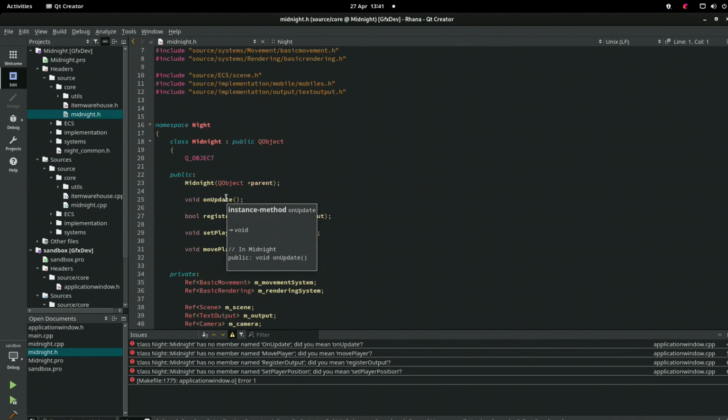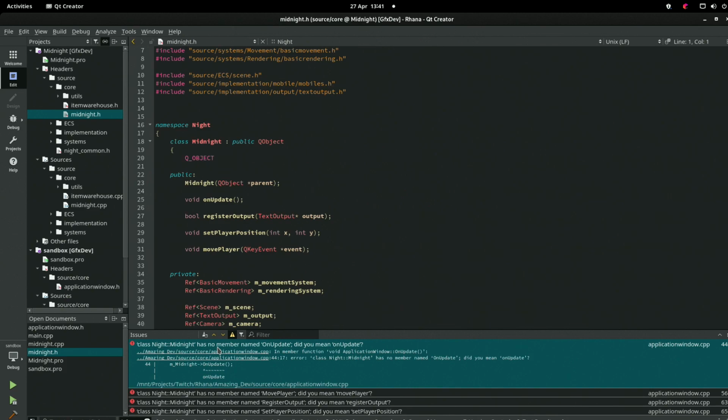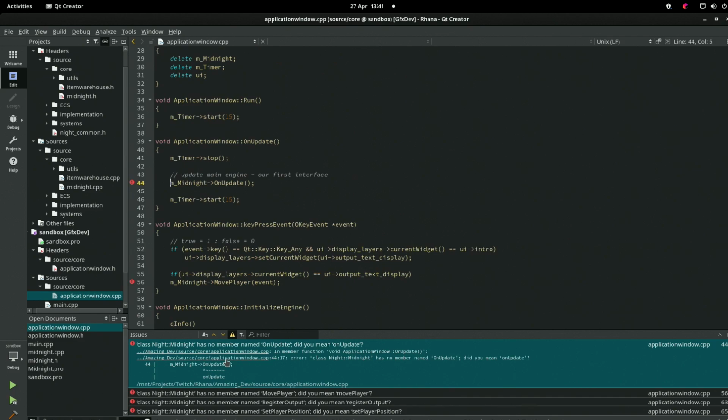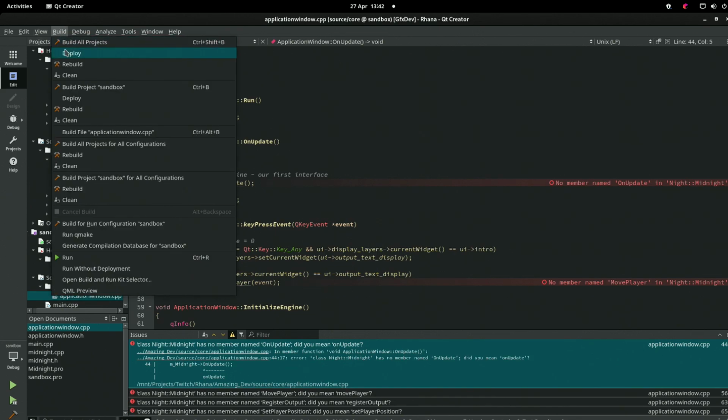Yeah. So where's this error actually happening? Here. So we're creating a class called onUpdate. Okay. Build, clean, no, rebuild.